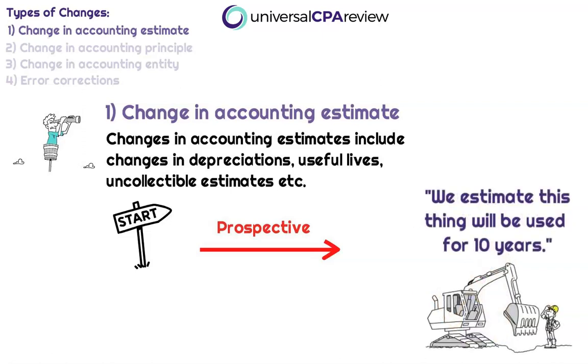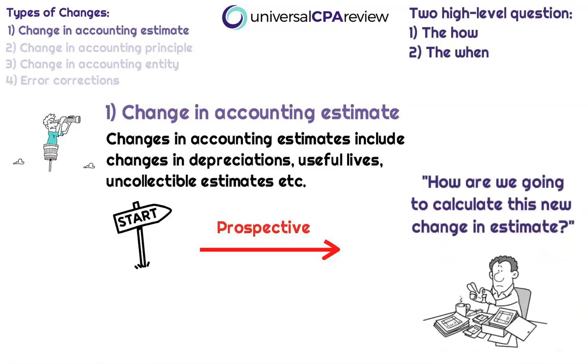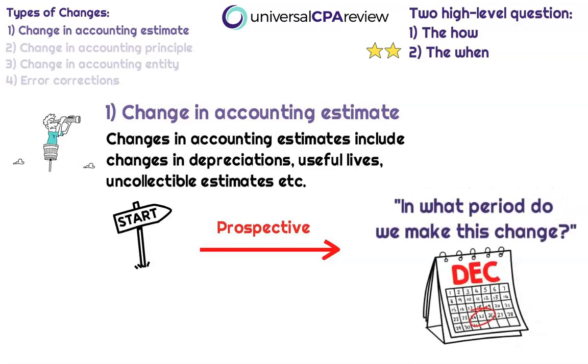Okay, so a great example is always going to be the useful life of a fixed asset. Okay, so addressing our 2 questions. Question number 1, the how. So the first question is, how is this change being made? Maybe it requires that we recalculate that depreciation expense. But we're going to star question number 2, the when. Okay, so this is the more important question. And when you think about the word estimate, specifically when studying for the FAR exam, your buzzword is always going to be prospectively. So in your brain, these 2 words should be joined at the hip.